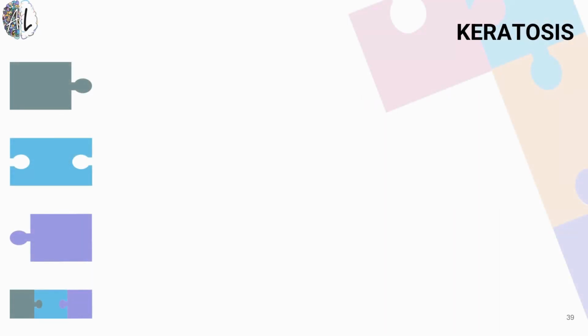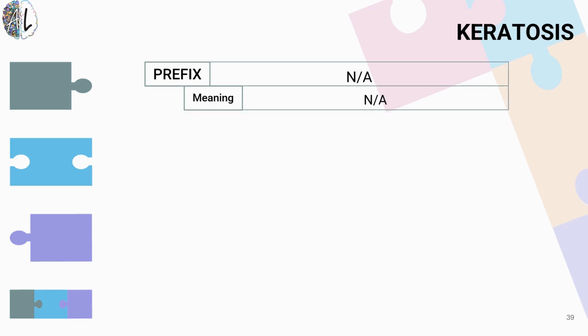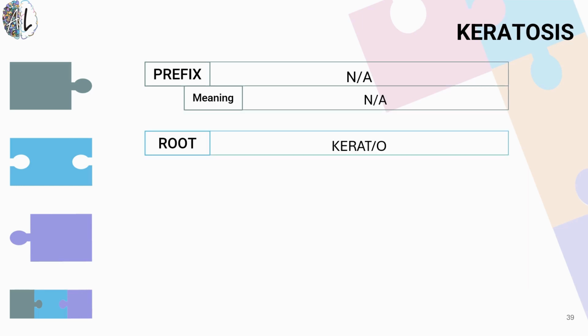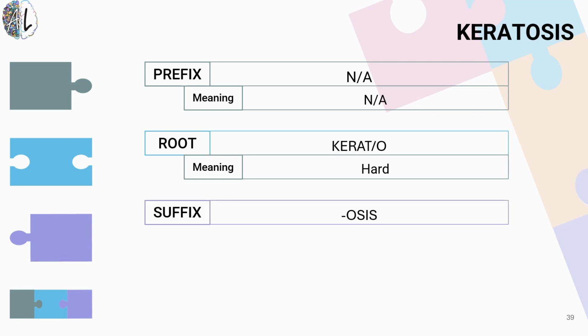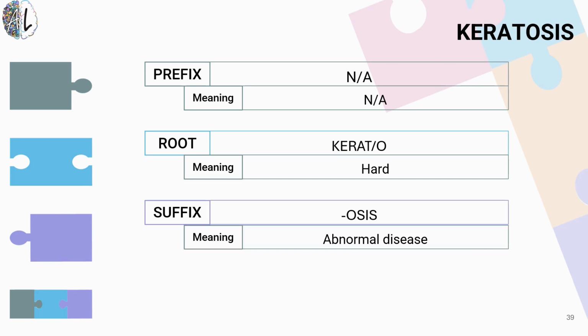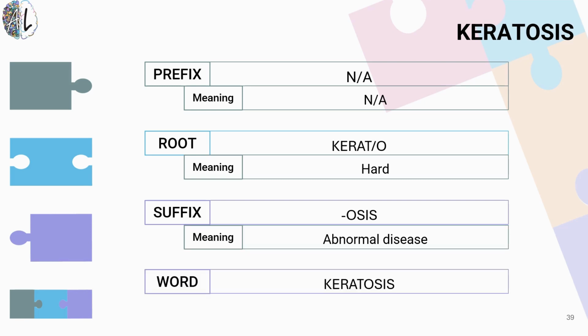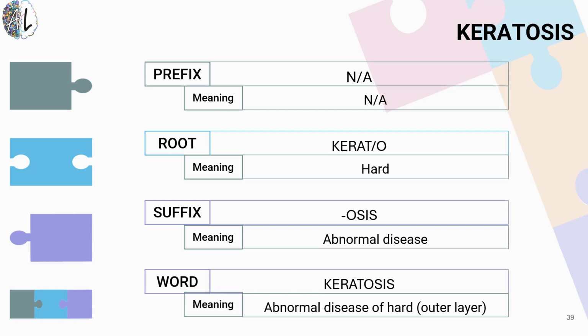Word, keratosis. Keratosis. Again, try to break it down yourself, and then we'll take a look at some pictures. We'll discuss what it is. So the word keratosis does not have a prefix. It does have a root term, kerato, which refers to being hard in nature, right? Keratin is a hard substance. Osis is the suffix that refers to an abnormal disease. And the term keratosis means an abnormal disease that hardens the outer layer, so making something more hard than it